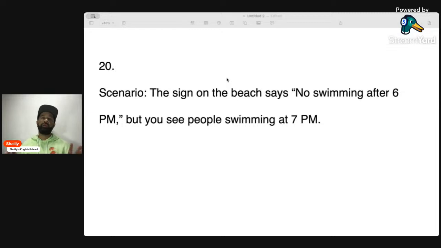Now, today, we are focusing on be supposed to. Be supposed to means there is a plan, or there was a plan to do something, but that plan didn't happen. All right, so if you make a plan but something happens and you cannot do that plan, then we will use be supposed to. If you have any questions about this grammar, please let me know.